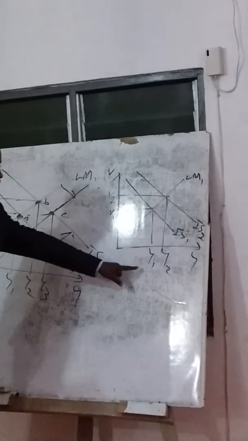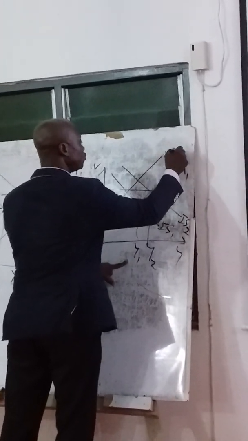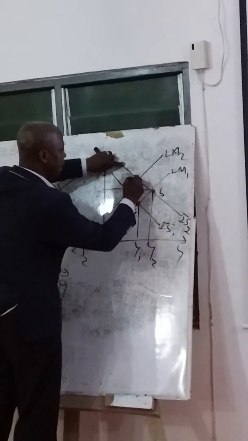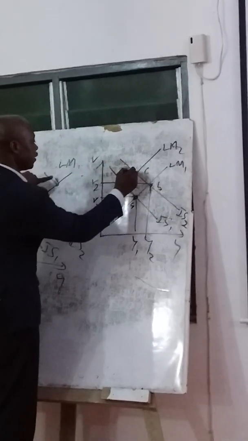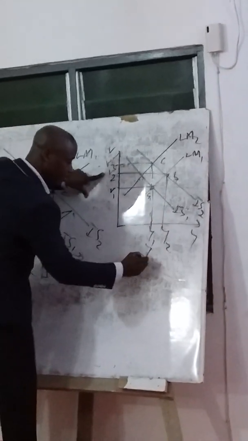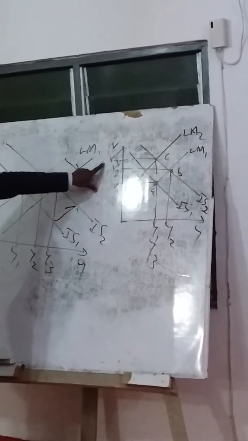Now, if the central bank wants to maintain Y1, then the central bank has to reduce money supply. So we come here, we have our LM2. So when this happens, our new equilibrium, we move from A to B. Now we are at point C here. And at this point, we have our R3 here. But we have our Y3 coinciding with Y1, which means the change in Y is 0, and the change in interest rate is R3 minus R1. The implication is that if the central bank wants to maintain the same level of output or income, then the central bank has to reduce money supply.